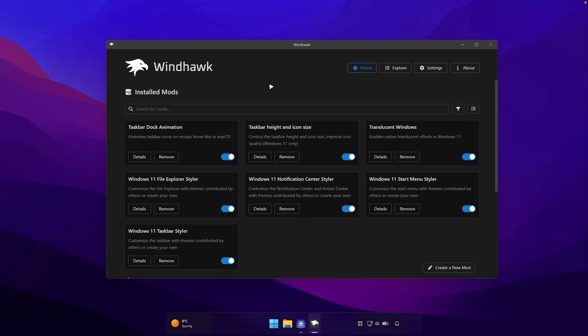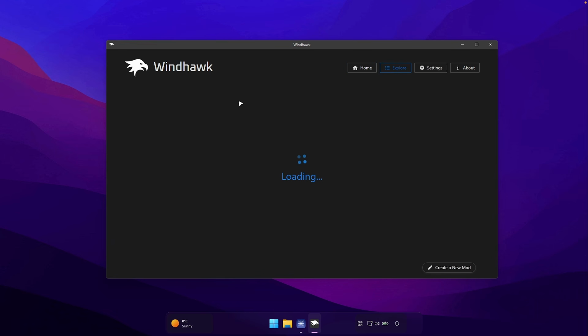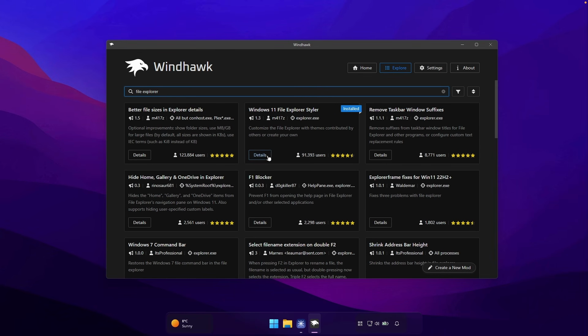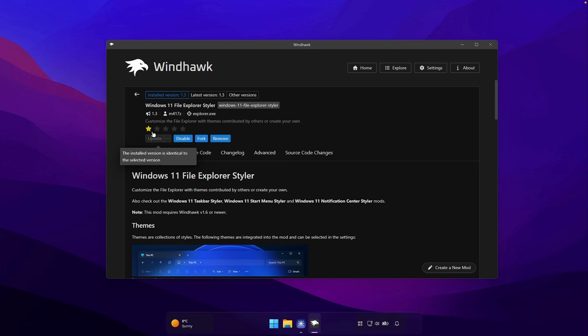First option here, of course, is to have Windows 11 File Explorer Styler. If you don't see it here, you can go to the Explore page. Then here you can search for File Explorer Styler and you will find it right here. Click on the details and then just click here on install. I already have it installed, and once you also have it installed, you can go here to the settings